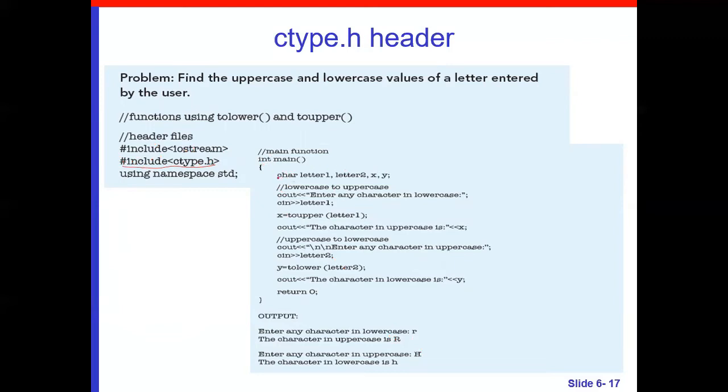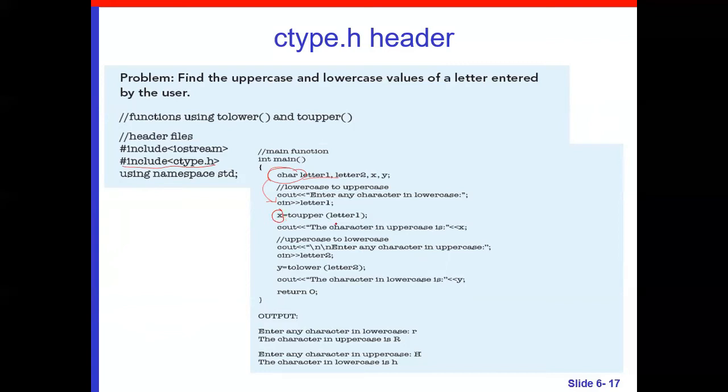Okay guys, remember, if you want to use ctype.h, you need to declare your variable as the data type single char. When you use a single char for the input statement, just use the simple cin. No need to use cin.getline. That is the example of the input statement for the array of characters, char that has a size. They ask the user to enter any character in lowercase, and then they use the assignment statement, which is x